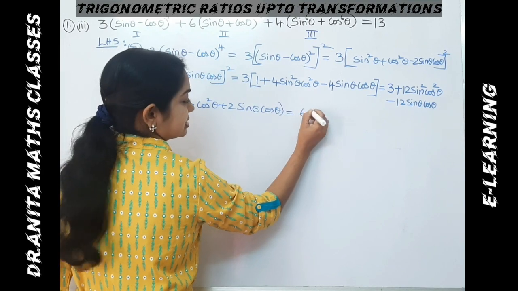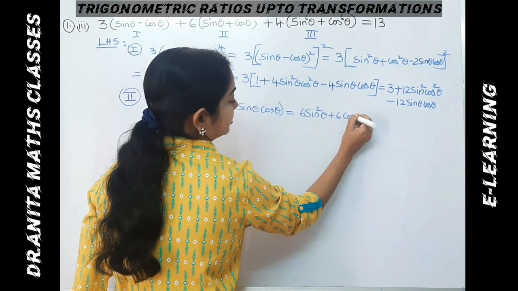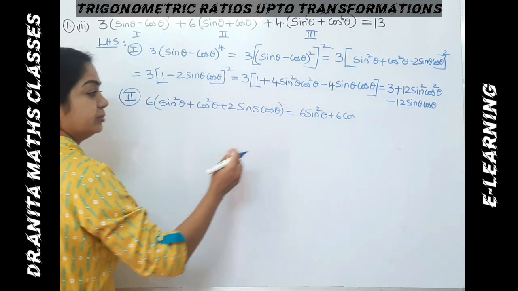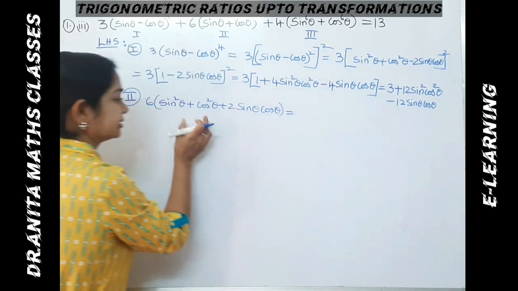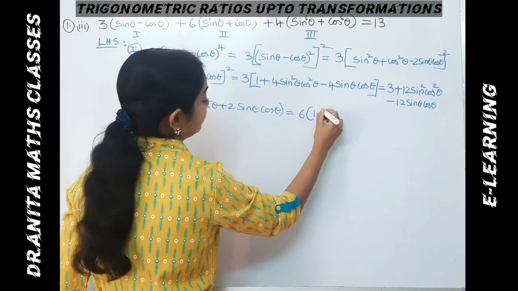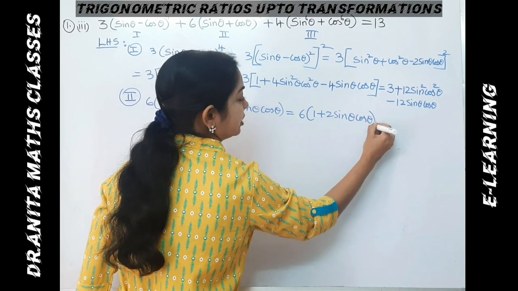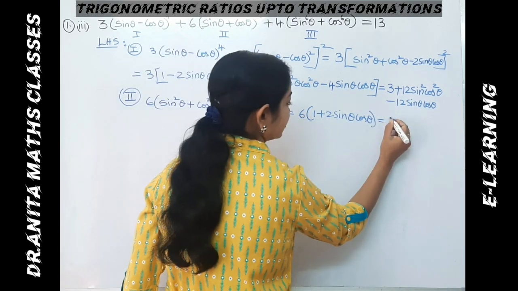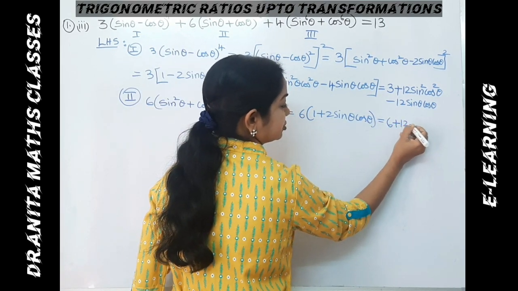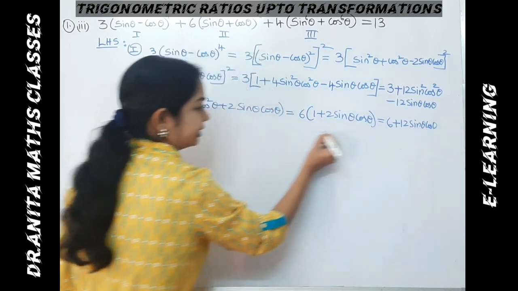That comes to 6 sine square plus 6 cos square. No, before that, let me take this. This is the identity, so that is 1. So 1 plus 2 sine theta cos theta. Now we will multiply with 6. So 6 plus 12 sine theta cos theta. So this is the second part,